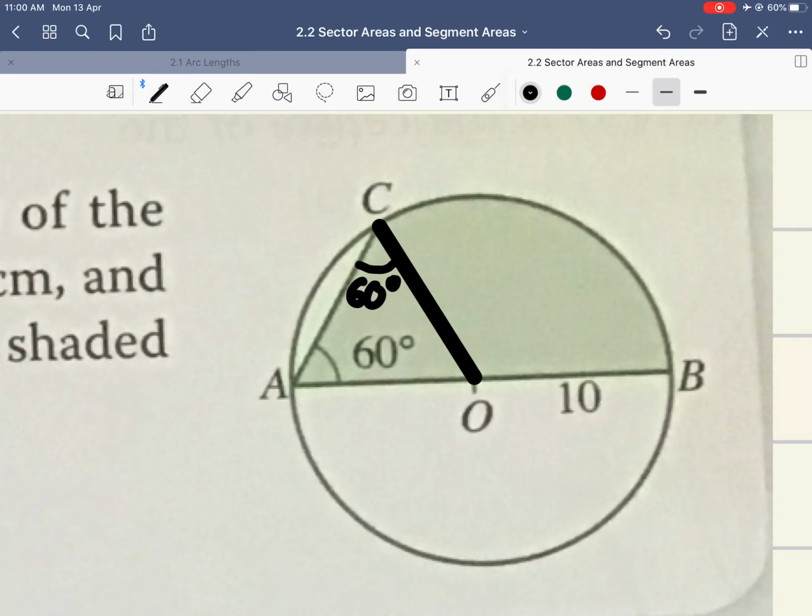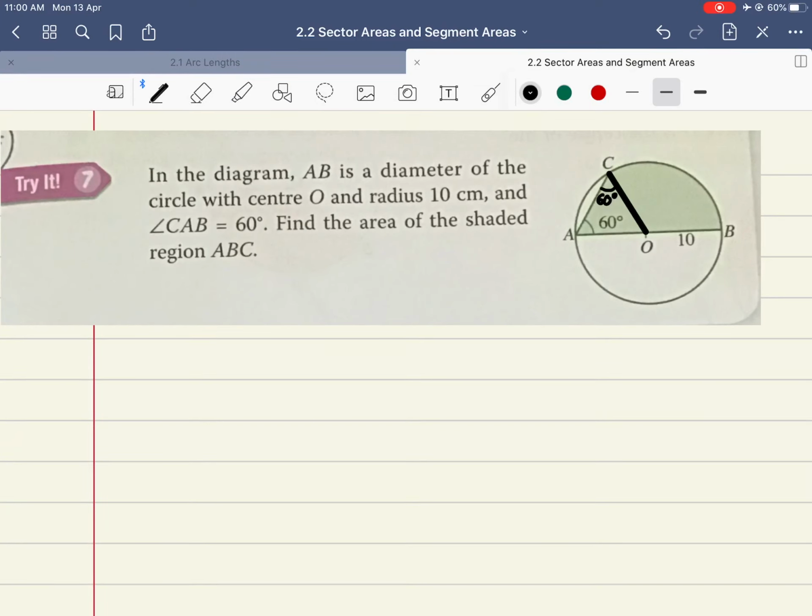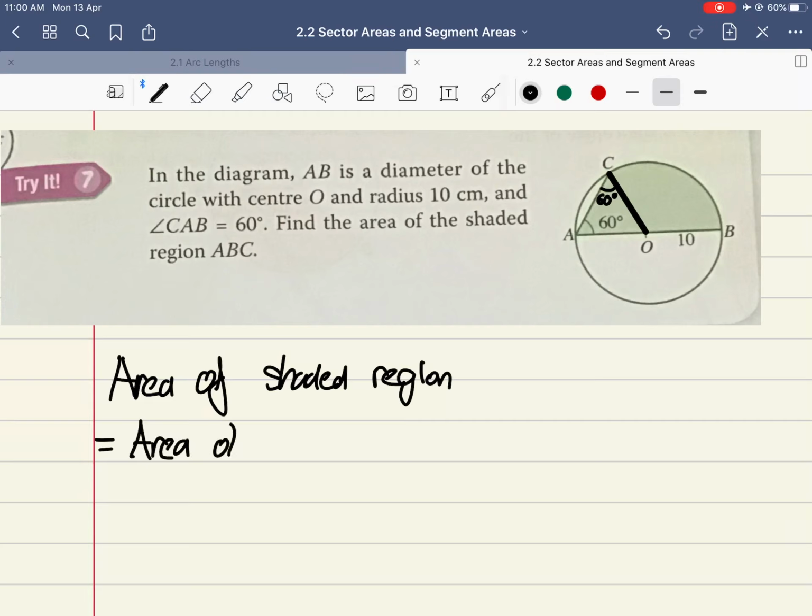Also, what do we know is that the radius of the circle is 10. That's given really. Alright, so now, let me find the area. Let me just work it out now. So the area of the shaded region is equals to the area of triangle AOC plus the area of the sector